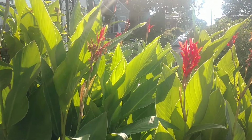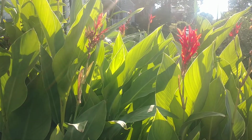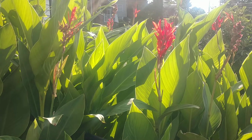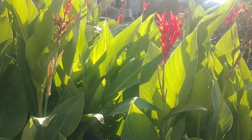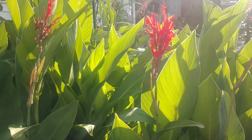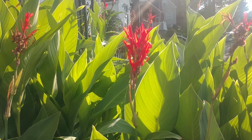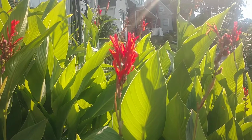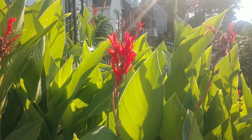Okay, now I live in zone 6B, 7A. The last few winters have been relatively mild. However, I want to say 5 years ago, we had a very cold snap, and all these cannas basically died back to, I think, 3 or 4 of the little tubers there, or rhizomes. You'll correct me down below. But,